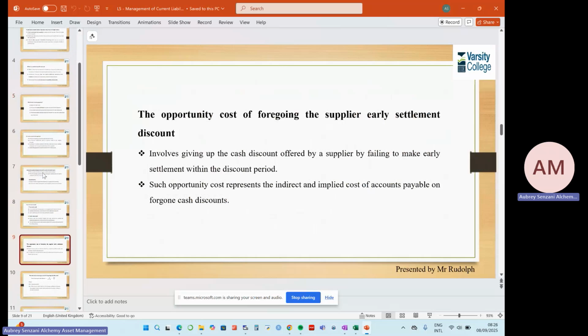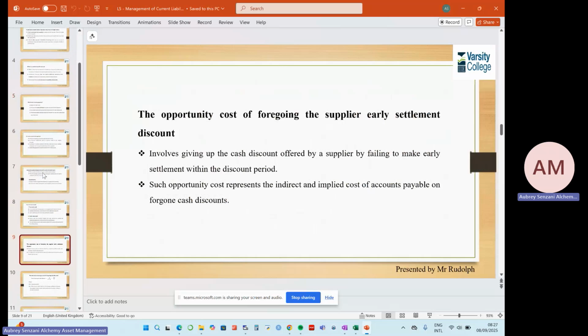And these are the calculations that you will find primarily in this learning unit. It's calculating whether we should take the discount, or whether we should look at an alternative source of finance, depending on the interest rate, or the opportunity cost of foregoing the discount. And so here they say it involves giving up the cash discount offered by a supplier by failing to make early settlement within the discount period. Such opportunity cost